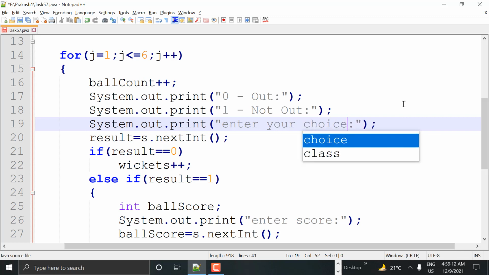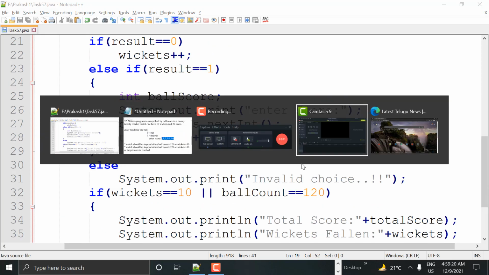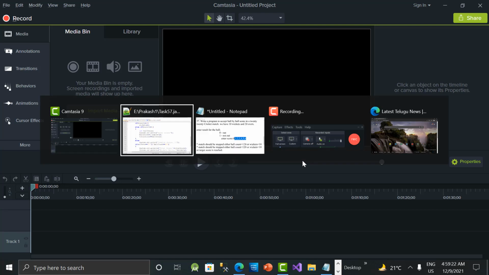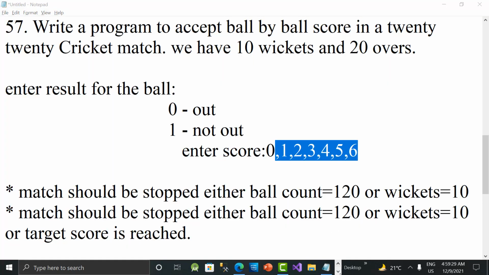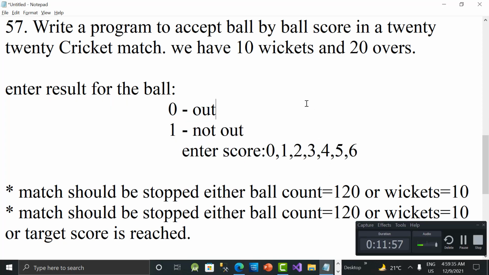Okay, so let's compile it and run it, guys. Now we are compiling one more time and we'll be checking. So where is the command prompt? Let me open it one more time.